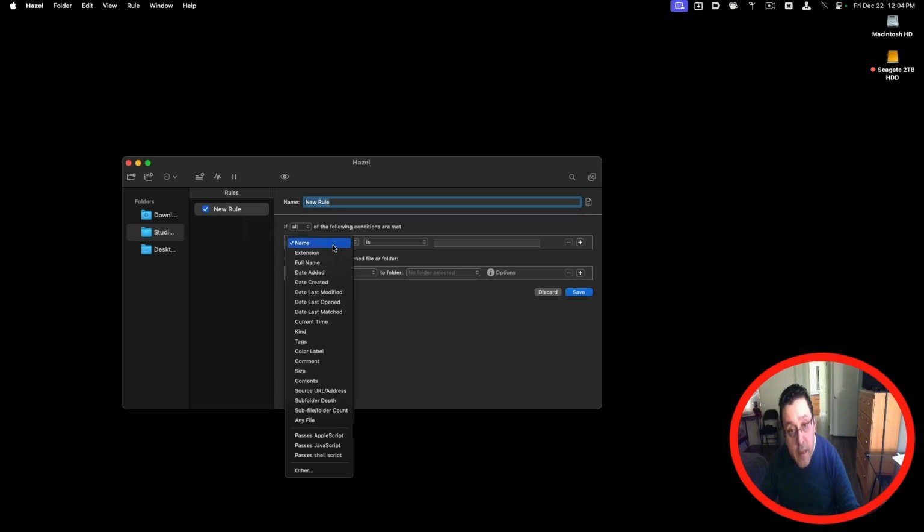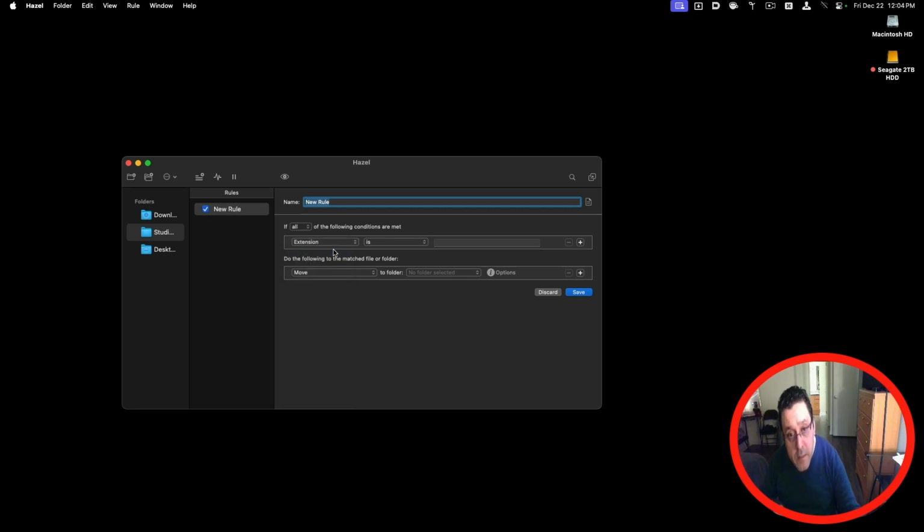And let's say the extension is JPG, for example. So if there's an image in that folder, I'm going to move it to the desktop, for example. So I would move to